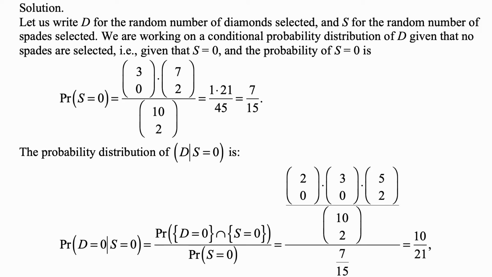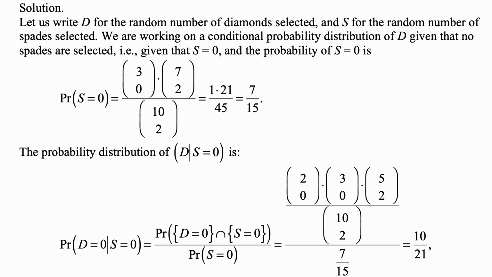And here's the solution. Let us write D for the random number of diamonds selected and S for the random number of spades selected. We are working on a conditional probability distribution of D, given that no spades are selected, so given that S is 0. And the probability of S equal to 0 is,